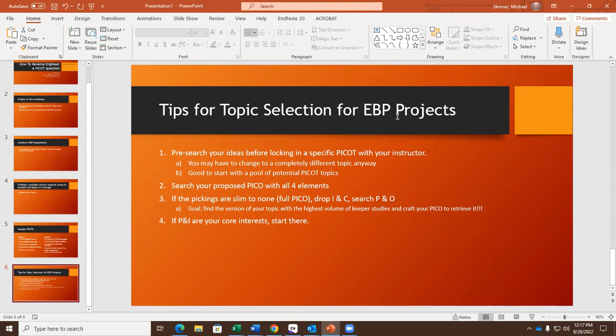Your topic selection is too important to leave to chance. So you don't want to be guessing whether or not you've got a good topic before you select it. You want to know before you select it that it's a good topic. So I always recommend pre-searching your ideas before locking in a specific PICO with your instructor, settling on anything. And because you may have to change to a different topic anyway,